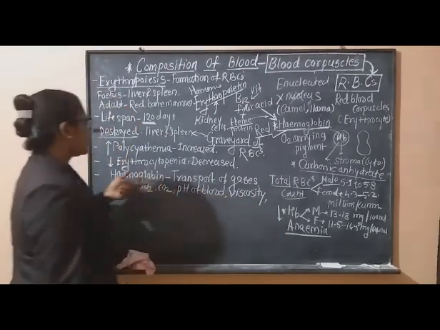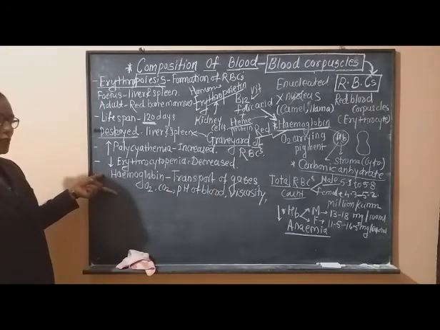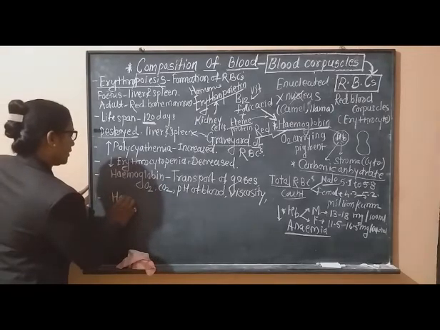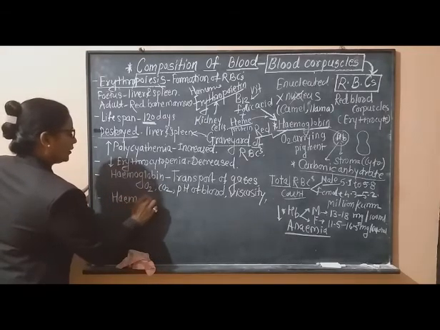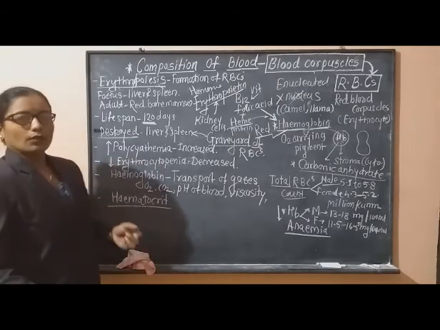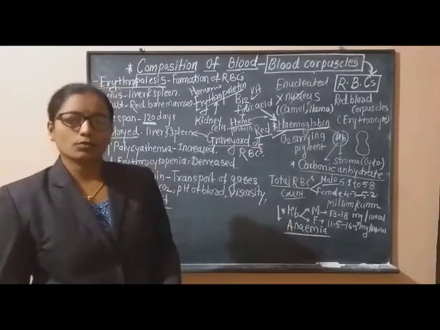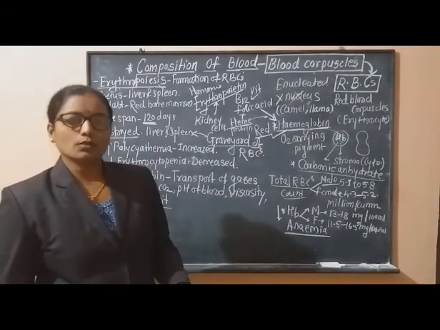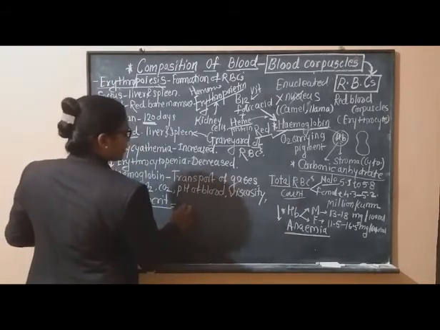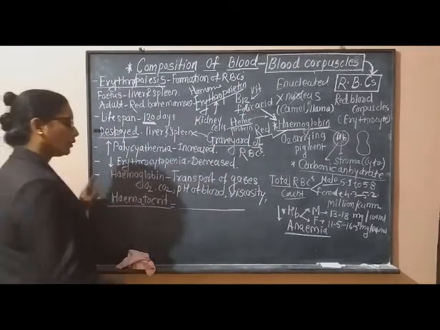Now, how much volume of RBCs is present, with whatever component that is hemoglobin, is detected with the help of a test called hematocrit. When we submit our blood sample to the laboratory for the diagnosis of certain things, this hematocrit is also diagnosed. This hematocrit is nothing but a ratio. What is hematocrit? It is the ratio.